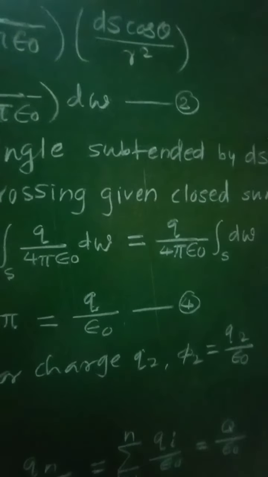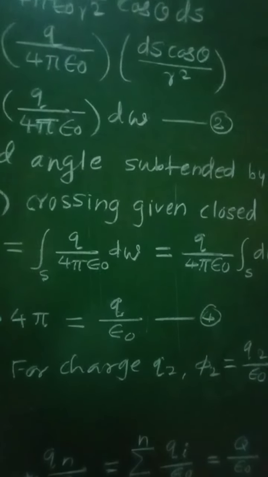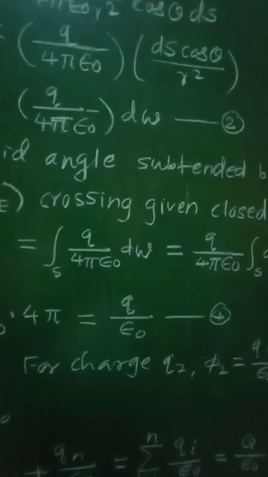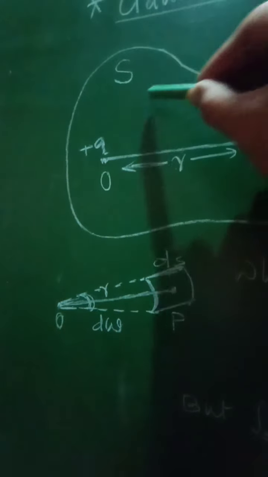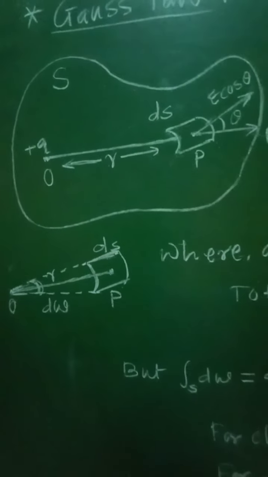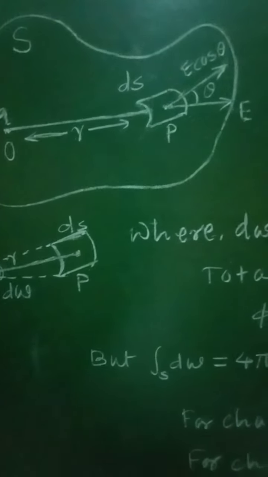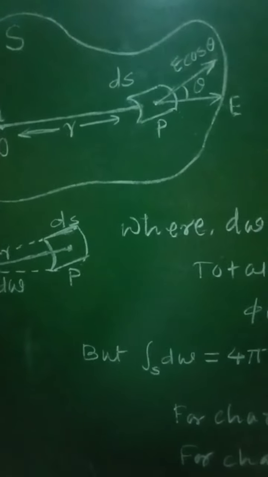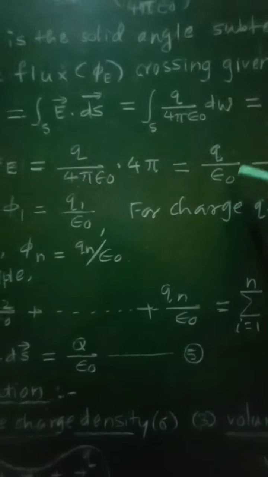So if you consider this equation number 4, then this is true for every electric charge enclosed by a given closed surface. So this equation we have obtained for this plus q charge. Like this plus q charge, a number of charges will be present inside this closed surface, and therefore for all the charges this equation number 4 will be true. That means for each and every charge we can write the total electric flux phi e will be equal to q upon epsilon 0.